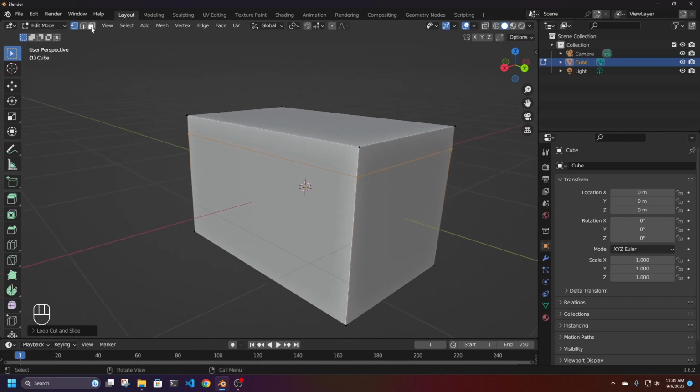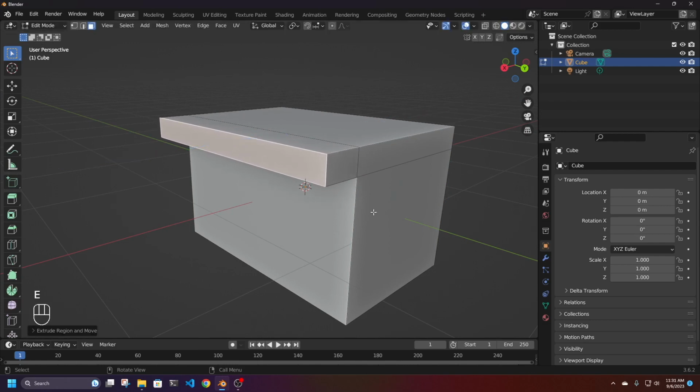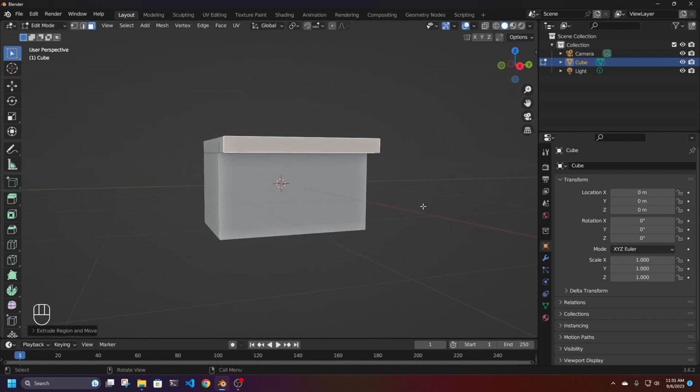Then let's go to the front face select, click on the face select, click here and press E to extrude this part out. Nice, this is fine. Now go and create the door and a window. So go into the front view,